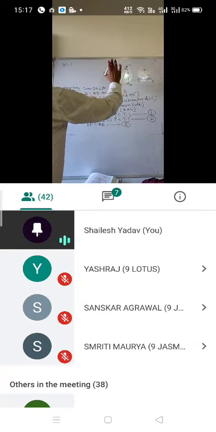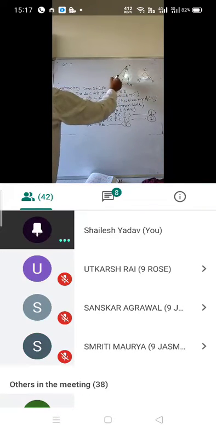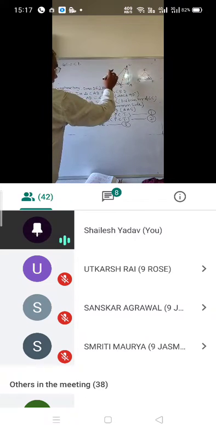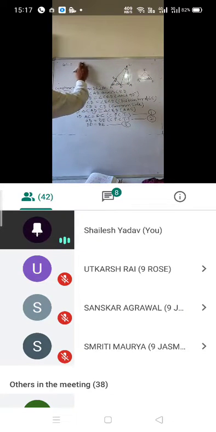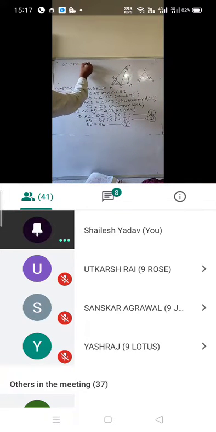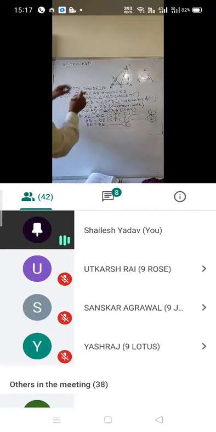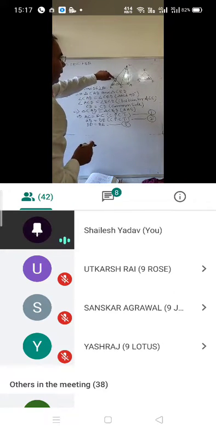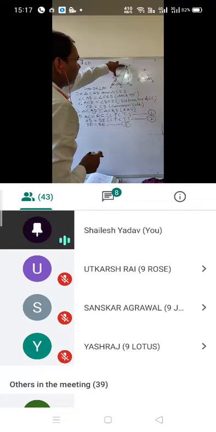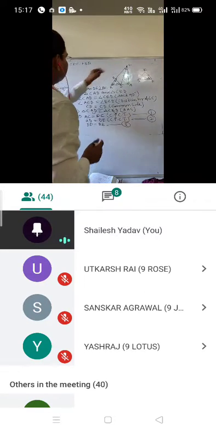Yes, EC. Okay, so I am going to write BC equal to EC plus BE. Here it is a straight line segment, so here is a point on BC. If you add these two parts of the line segment, that is equal to BC.